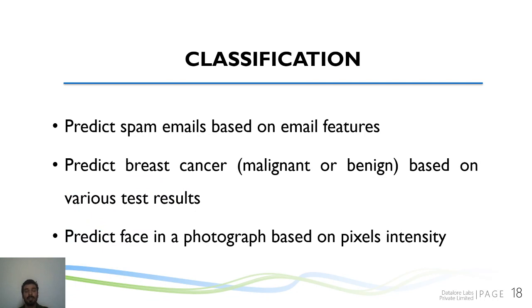Okay, so some examples for classification could be something like, you would have used email boxes, right? You see that there is a spam email filter. So whenever a new email comes in, it actually goes through this classification model. It looks at the content of your email, like what different keywords are there, who sent this email, how many people it was sent to, what is the domain of the sender. Using all this information,